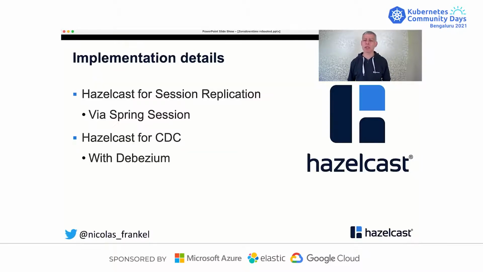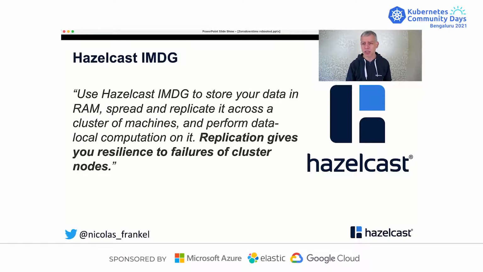And how can we implement it? Again, as I mentioned, session replication is a solved problem. You can use Hazelcast for that. In-memory data grid, it's perfect. It's a perfect use case. In the demo, I will be using Spring Sessions because Hazelcast is a Spring Session implementation. For the database migration, I will be using Hazelcast Jet for change data capture with the help of Debezium. And as I mentioned, Hazelcast IMDG allows you to store your data in memory so that session replication becomes a